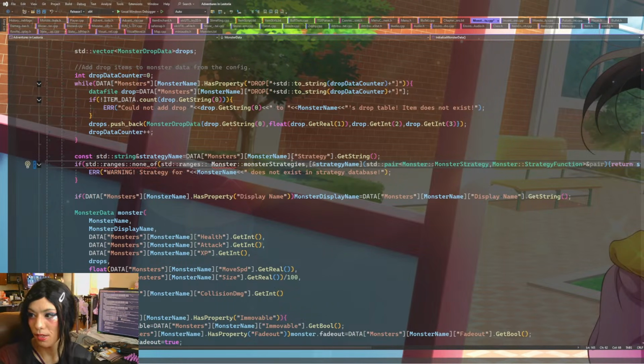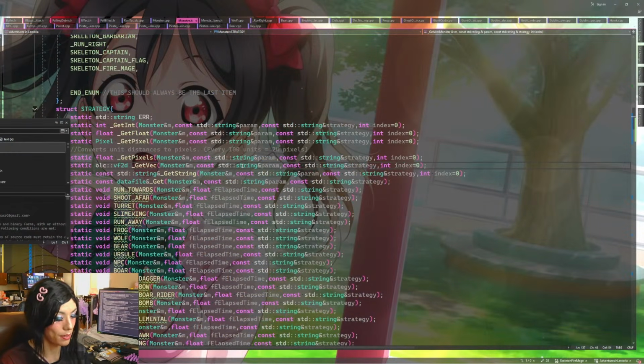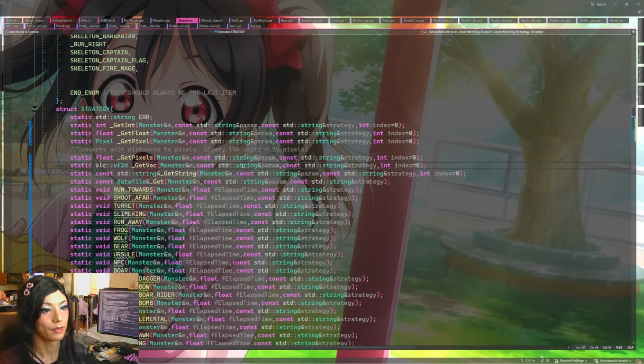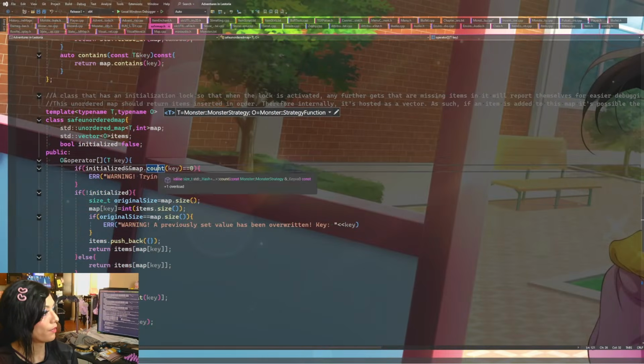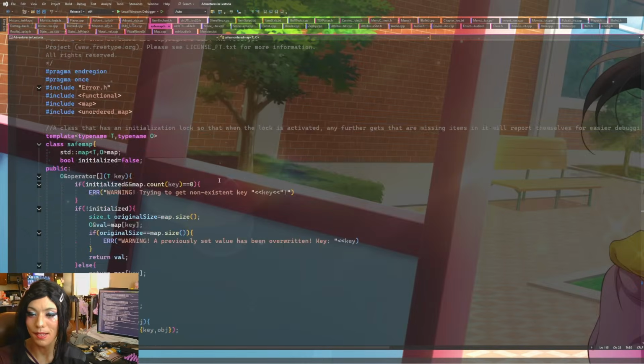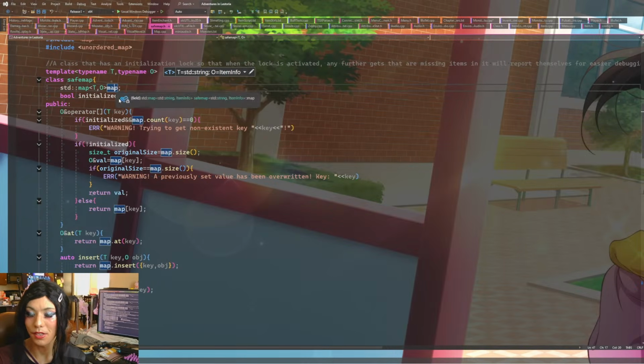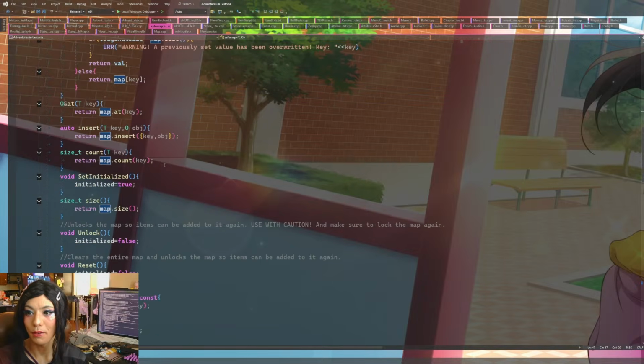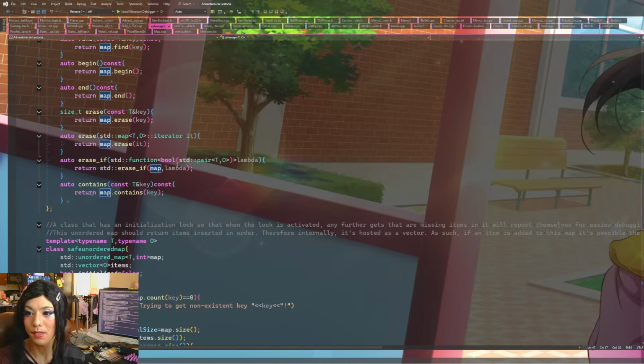Because I would like to use the ranges library more. I think that would be nice. But unfortunately, this safe unordered map doesn't have that for me. This is why what I should have done was actually inherited the map class when I made this. But I wasn't really thinking, I just kind of made it on a whim. So maybe providing that map directly would be nice.